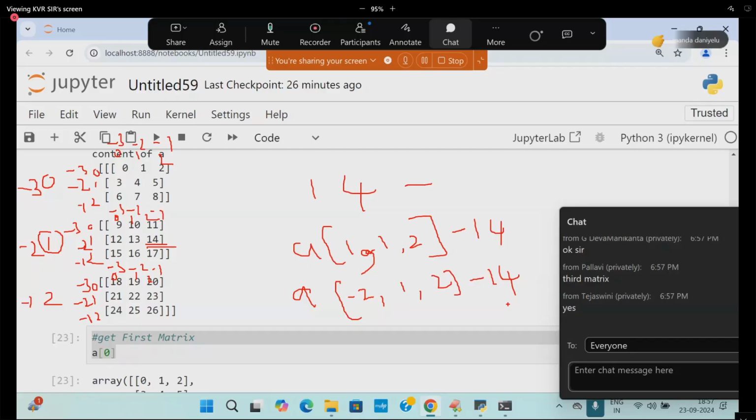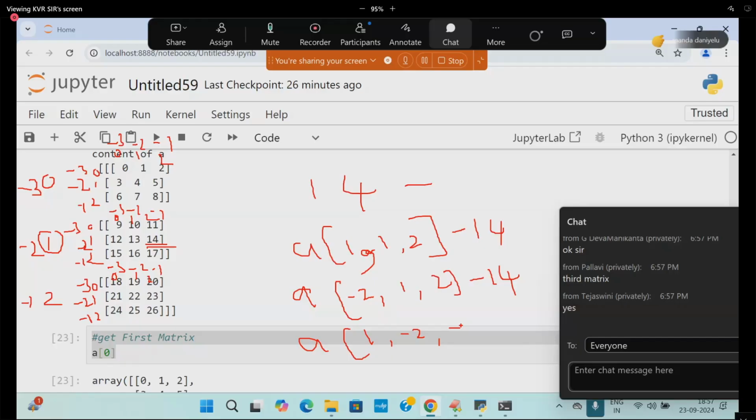One more way is 1 comma minus 2 comma 2; you can write that too. So the indexes can be either positive or negative.